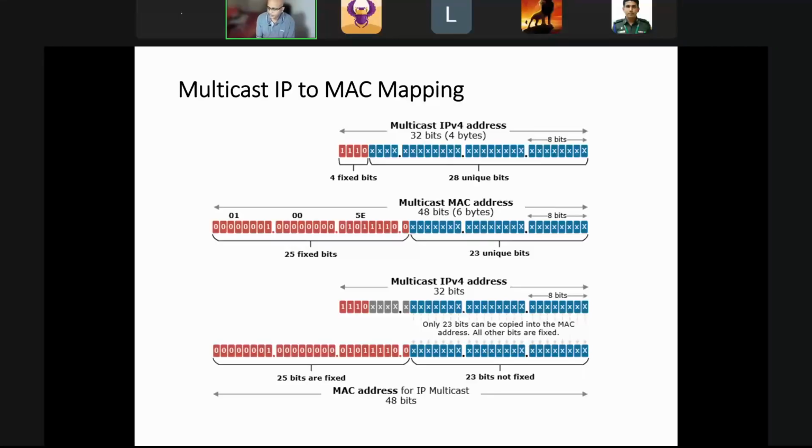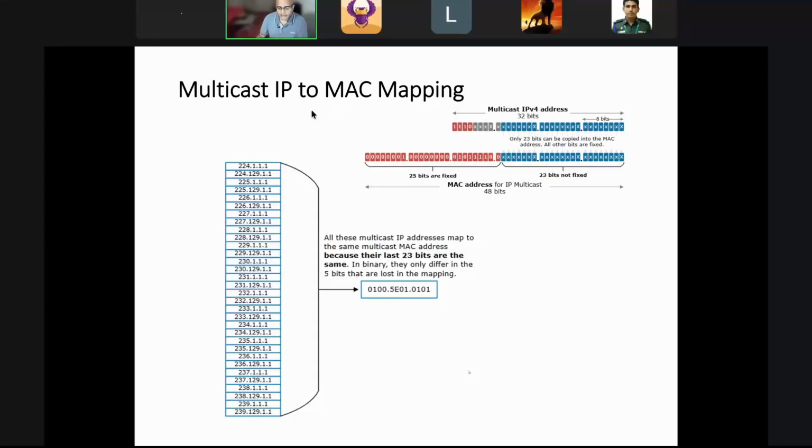If you receive the multicast destination MAC address, in the form of IP multicast, you need to forward both the feeds to the end users, because the multicast MAC address is the same for both IP groups. For an example, let's say we discussed